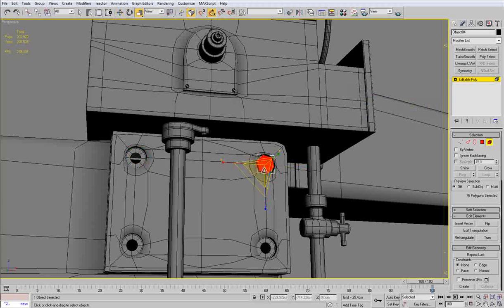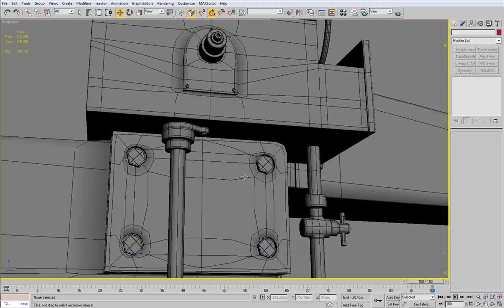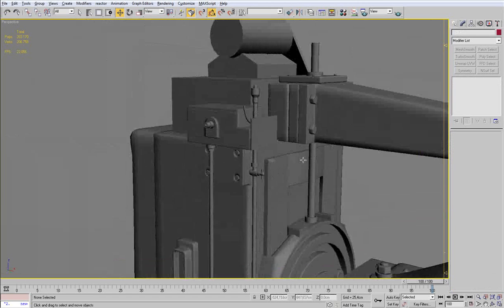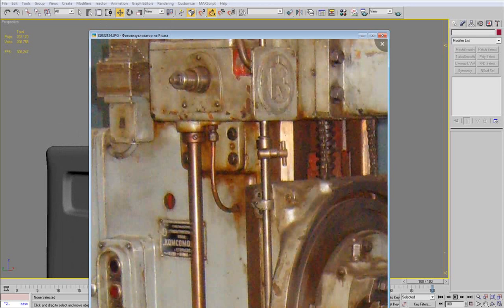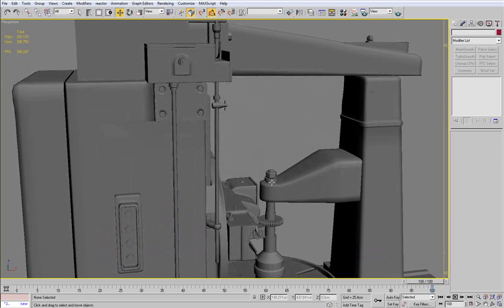Oops, I forgot to turn the clone to element option. And after I copied all the bolts, I'm just going to connect them, to attach them, sorry. Okay, so now